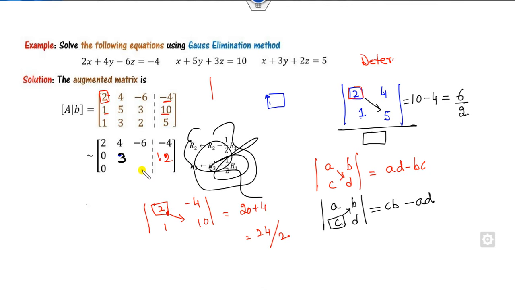Now you can find this other value here. Previous value is my this. Box element is my 2. Other values are my minus 6 and 1. So what is that? It's a 4 plus 6 divided by the box element. So 10 divided by 2 is a 5. Now you can find this value. Previous value is 3. Box element is my 2. Other two values are minus 6 and 3. So this is my 6 plus 6 divided by 2. 12 divided by 2, 6.